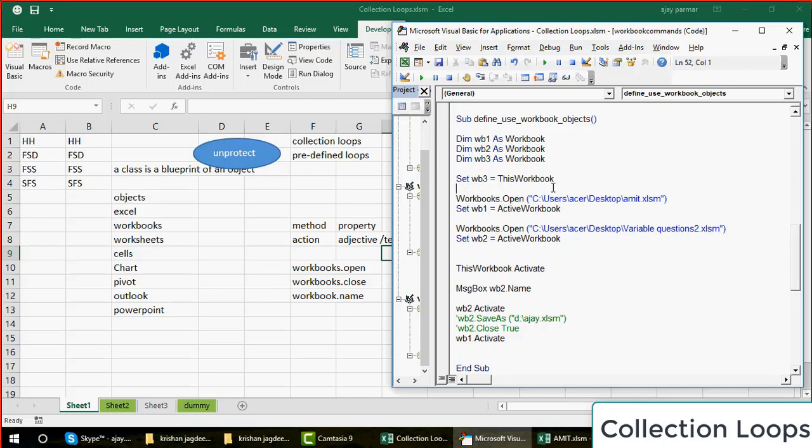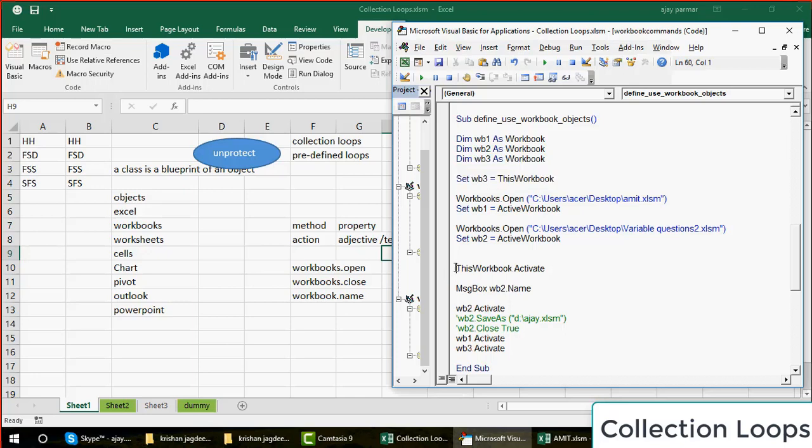If I write WB3 is this workbook, obviously when you write WB3.Activate, this will select the collection loop file. However, as I said, I will not refer to this because I already have the ThisWorkbook command, so I will not create these two extra lines. Indirectly, here also you are saying that WB3 is going to be this workbook.